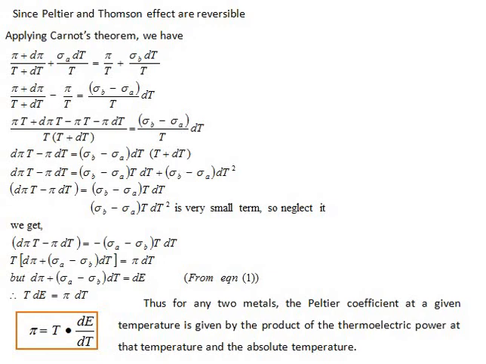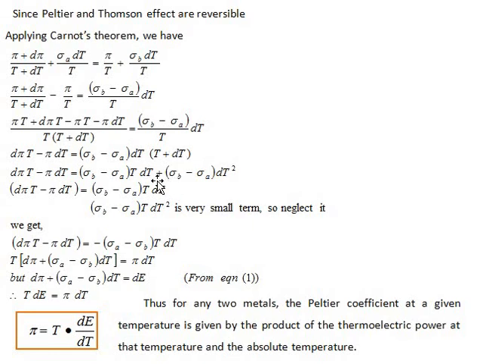So what terms get cancelled? Pi T gets cancelled, pi T gets cancelled, d pi T minus pi dT remains, equal to sigma B minus sigma A into dT. Here one more term gets cancelled, T and T. So this T plus dT we take to the right side. So now d pi T minus pi dT is equal to sigma B minus sigma A into T into dT. Again we multiply this term to this bracket term.